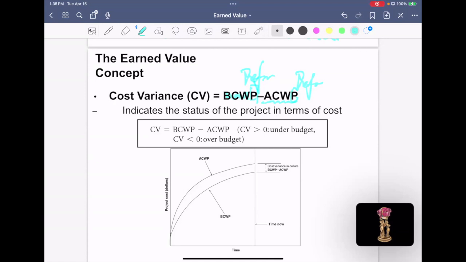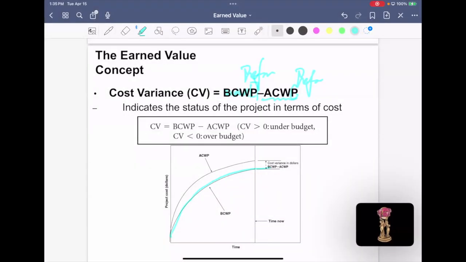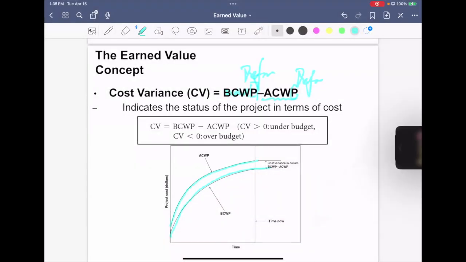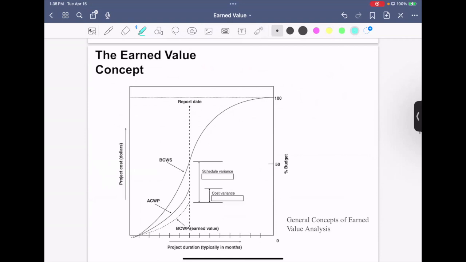So then we have this happen. There are two curves over here. You compare the BCWP with the ACWP here, and then you will see the difference. This is the cost variance. Okay, so with that, if we put the two together, you will see